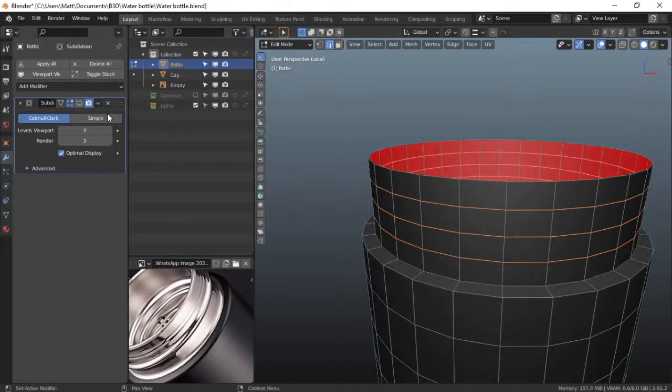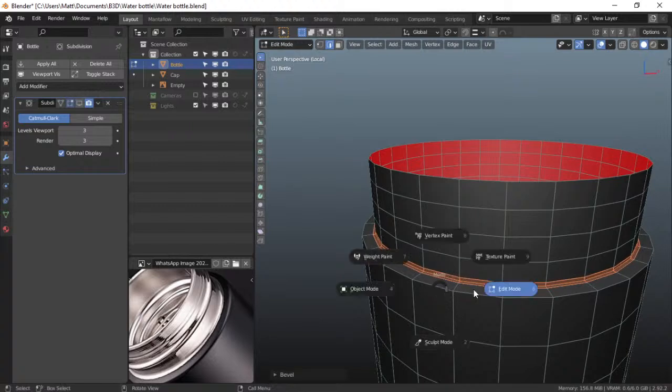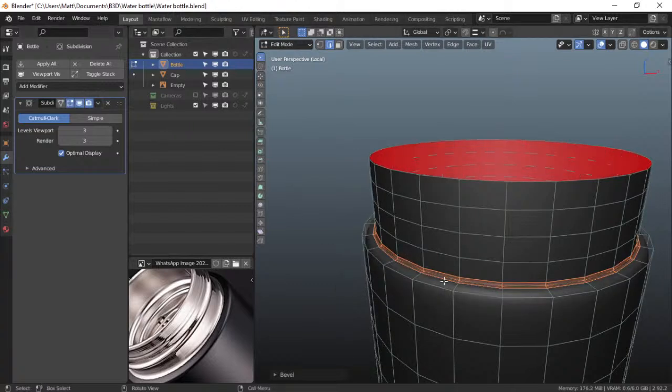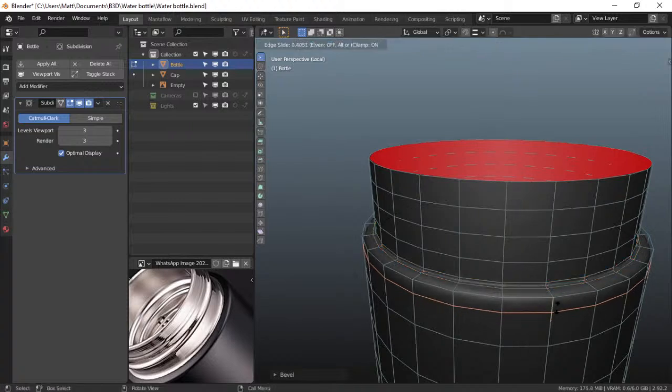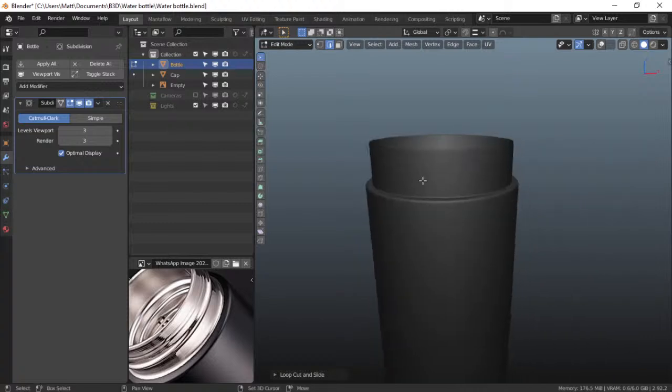What we could do, Control B, as usual. Leave it to be about there. And then just to make that reach a little bit. Like that. So